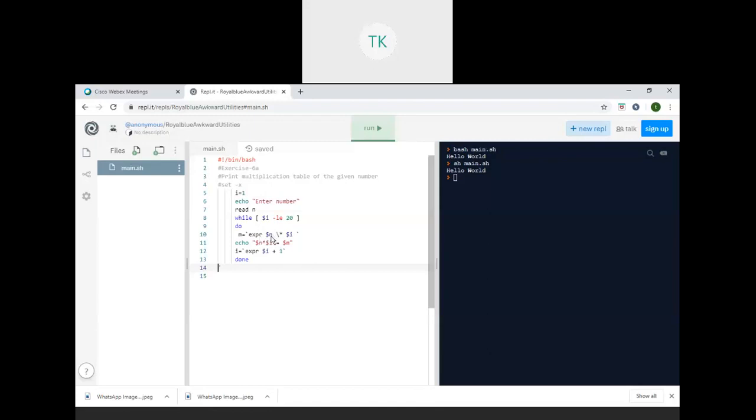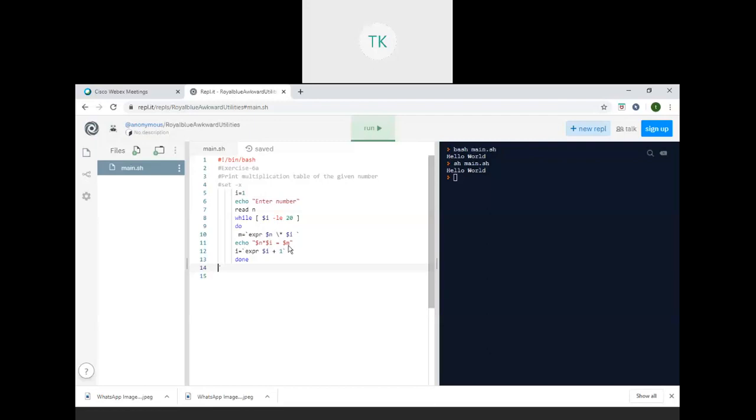If I give 3, the initial i value is 1, so 3 into 1 will be multiplied and stored within the variable m. 3 into 1, the value is 3 only. Then echo 3 into 1 equal to $m, so the 3 will be printed.